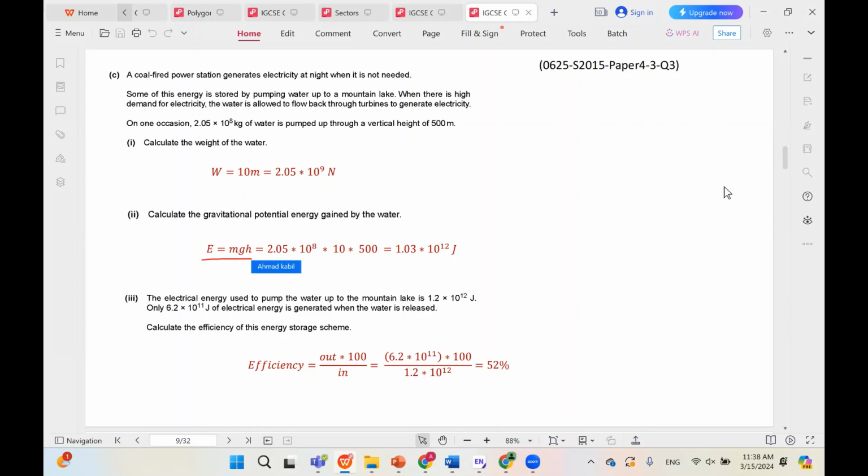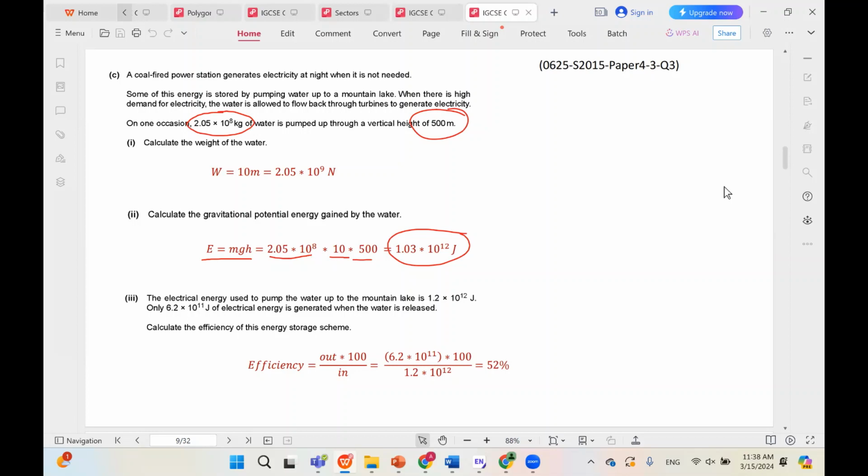We already said that the gravitational potential energy is given by mgh. We have the m, we have the g, and we have the h. So we simply plug them in from the given information in the problem. This is the mass, this is the height, and the gravity is 10, of course. And we multiply all of these by each other, and we get 1.03 times 10 to the power of 12